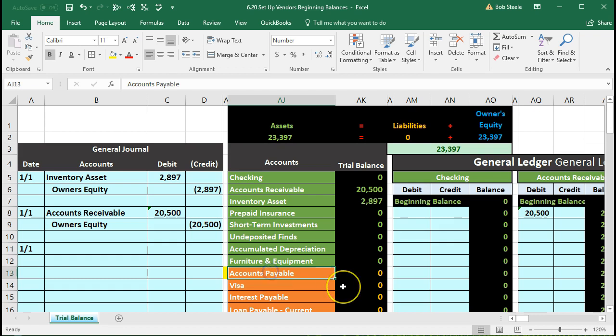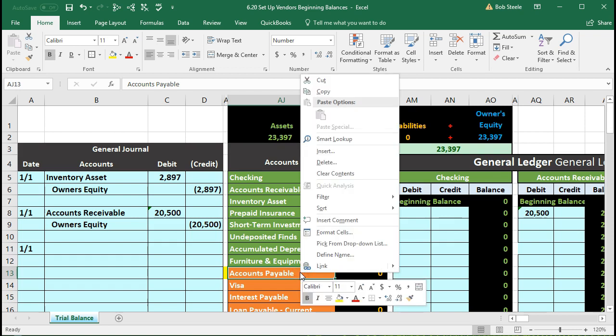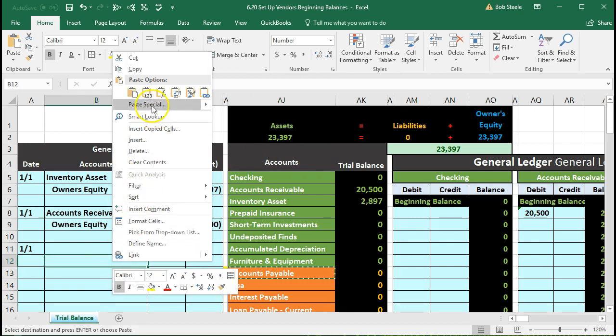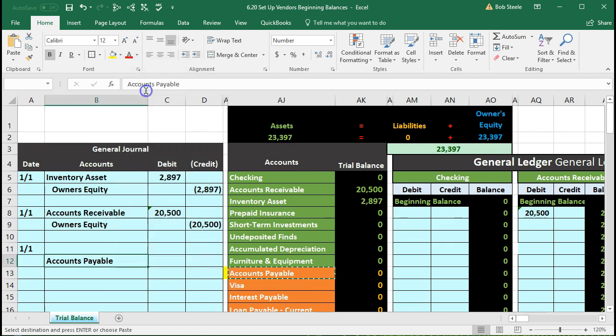Accounts payable is what we owe. Now, accounts payable is a liability account. We are increasing the liability account. Therefore, we're going to do the same thing to it as its normal balance, which is a credit. So we're going to credit accounts payable representing the fact that we owe the vendor, the one vendor in this case, $15,000. I'm going to copy this cell in AJ13, right click and copy, and put that over here in B12, right clicking and pasting 1, 2, 3. We'll then put the amount in the credit column in D12 with a negative